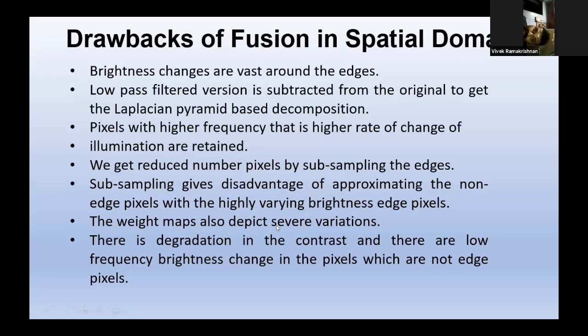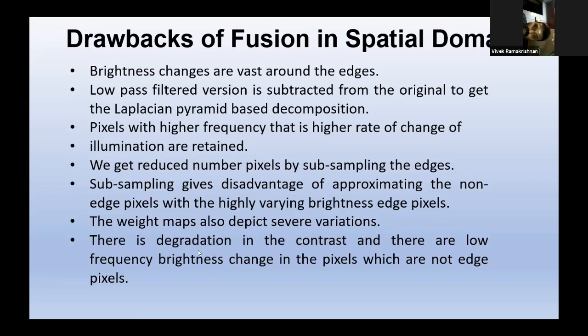The weight maps also depict the severe variations, right? So originally your image does not look to be smooth. So it is as good as observing the different parts of the image in different sections. That means you are creating walls around the edges in the image. So even if the image looks to be more crispy or something like that, in the case of the exposure fusion, it does not seemingly look natural. So that is something which we have used for the comparison in our work.